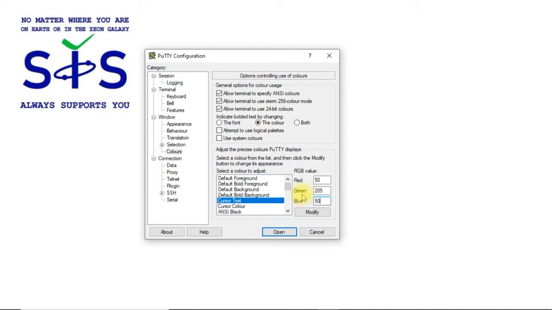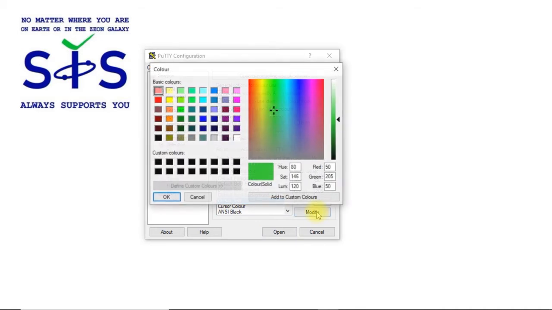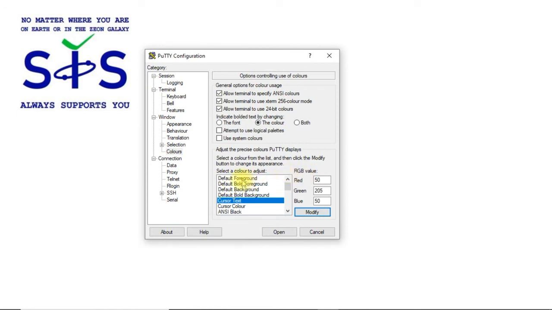You can always use a color palette to modify those colors, like you see foreground, bold foreground, and many other. If you click Modify, you can choose from this palette and click OK. It will be saved. My color will be looking like this one. So I'm gonna hit OK, and I'm also gonna change default foreground to the same color.